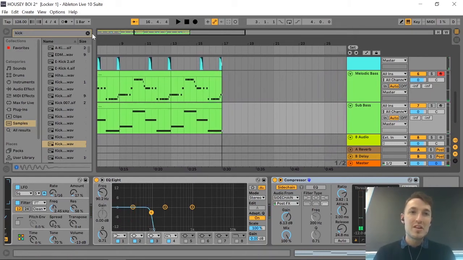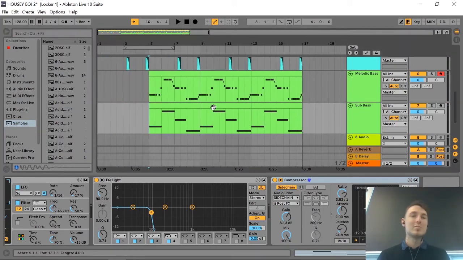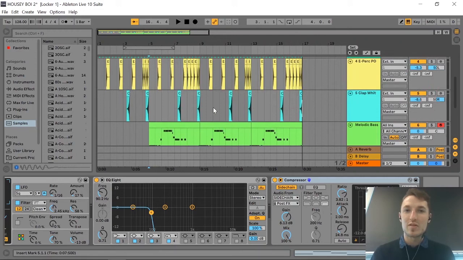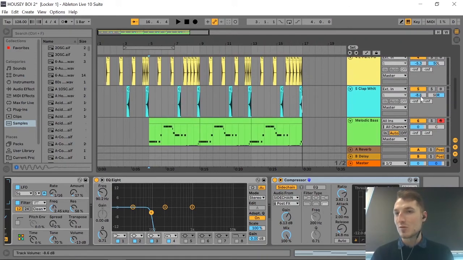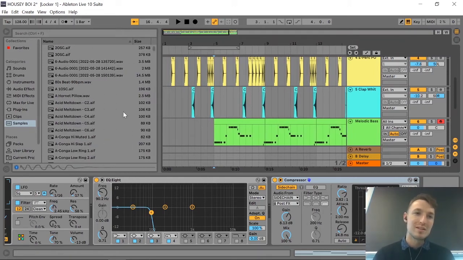Okay, so the next part that we're going to do is we're going to add some additional sound effects. Okay, so now that we've got our nice pumping bass, and of course you'll just keep adjusting the volumes of different tracks as you go, I'm going to have a look for just some additional effects, see what is hovering around in here, because there are a lot of sounds